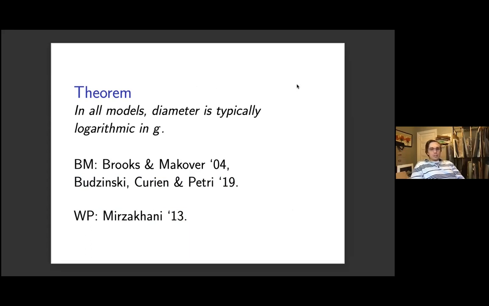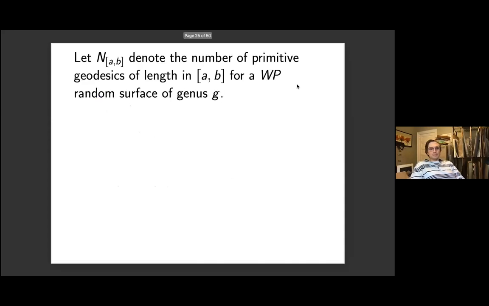So the diameter is typically logarithmic. Again, this is in sharp contrast to that linear surface we had with linear diameter in genus. That's very atypical. Actually, the diameter should be logarithmic in G. So if we're going to compare to the results on graphs, we should then define this function